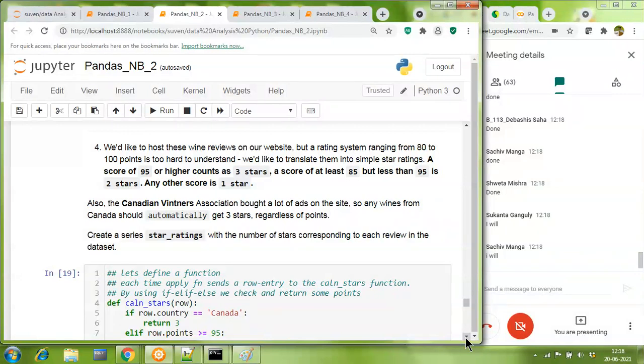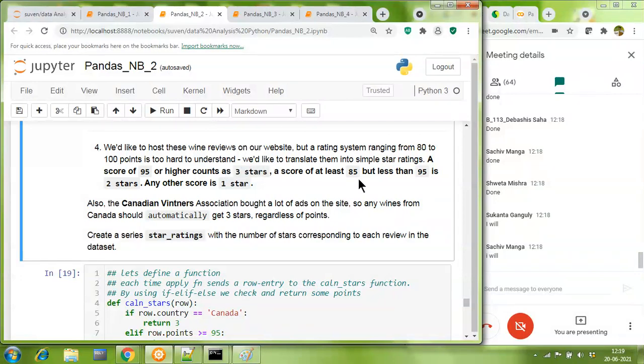Yes, sir. I'm audible. Yeah, very clear. So the question is that we would like to host these wine reviews on our website, but a rating system ranging from 80 to 100 points is too hard to understand. We would like to translate them into a simple star rating. A score of 95 or higher counts as 3 star.